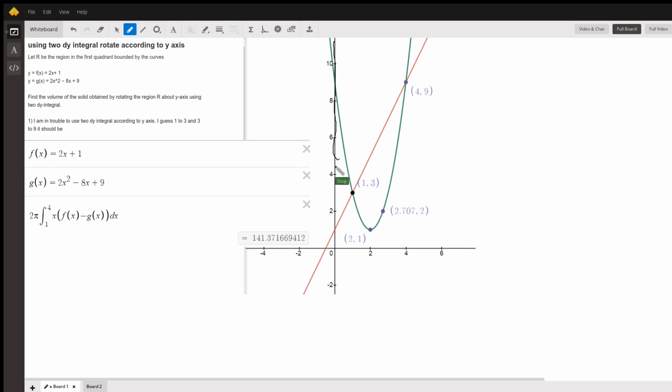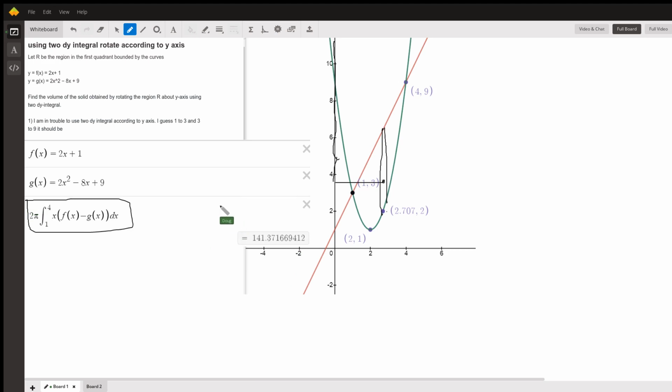And if we were going to use the shell method, we would consider a typical shell parallel to the axis of revolution, and the radius of a typical shell would simply be x, the distance from the axis of revolution to the center of the shell, and the height of the shell would be f of x minus g of x. So that's what this is right here. Now you could get an answer in terms of pi. Desmos gave me the decimal approximation here of